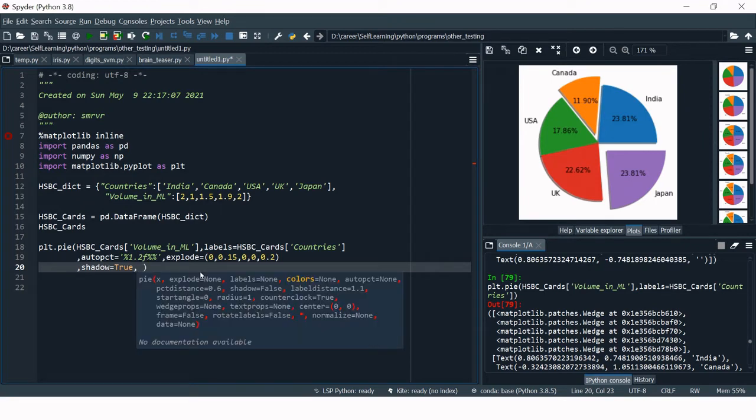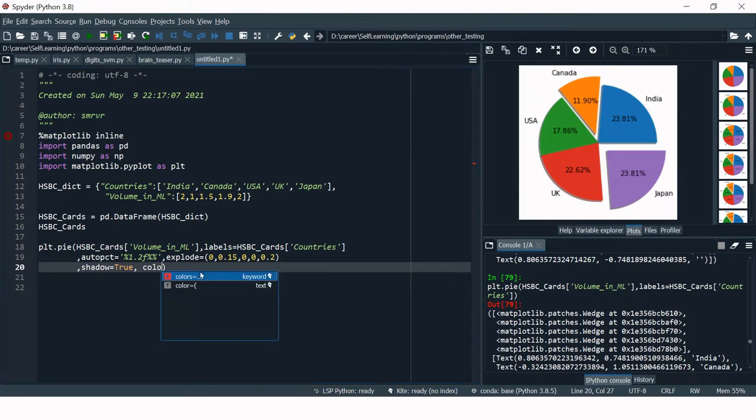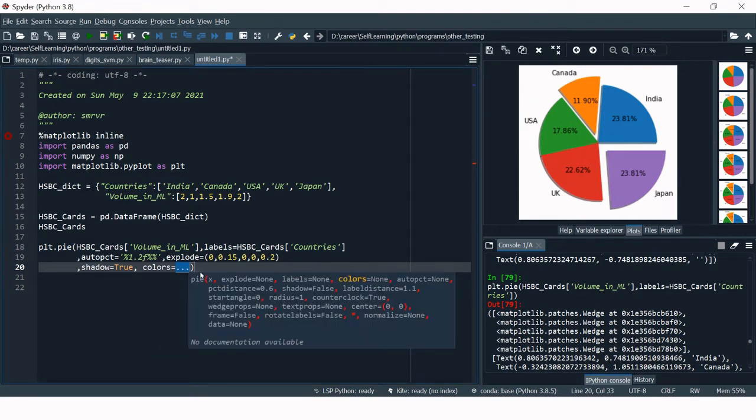Next, if you want to change the color, how can you do that? Colors. Here you just need to provide a list of colors which should be equal to the number of items you have provided over here and over here. So here we have 5 items, so you're going to put 5 colors.